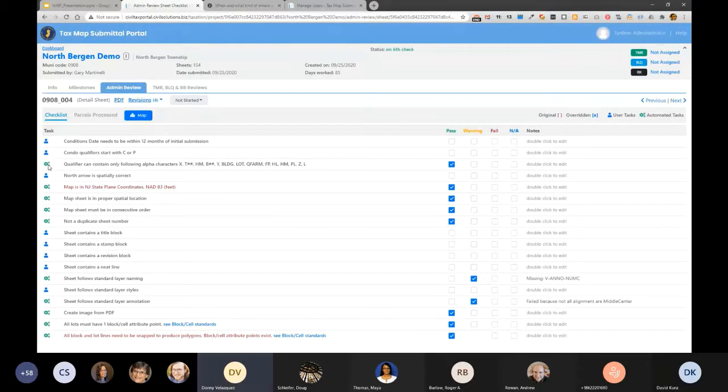The icons with the gears are the automated checks, and the little people are the manual ones. The automated ones run through and set whether it's a pass, warning, fail, or doesn't apply to that sheet. We check for the proper spatial. The ones in red are the two I talked about before that need to pass before it even gets to taxation. The other ones check, for example, that the numbering of the sheets is consecutive,